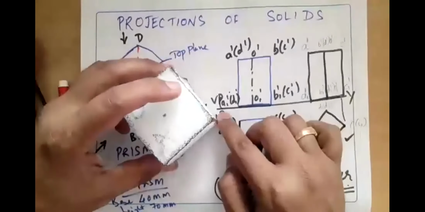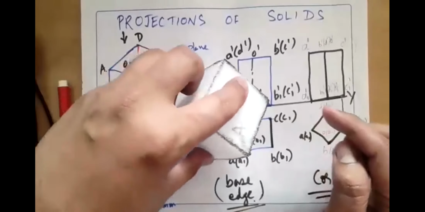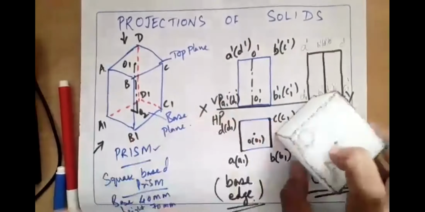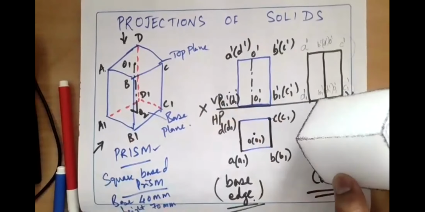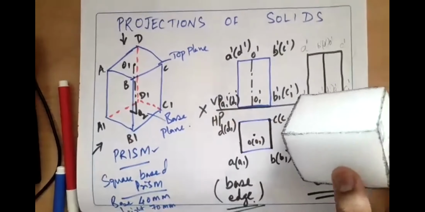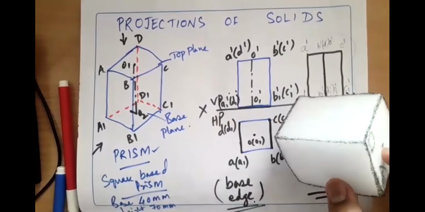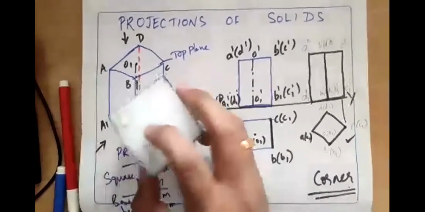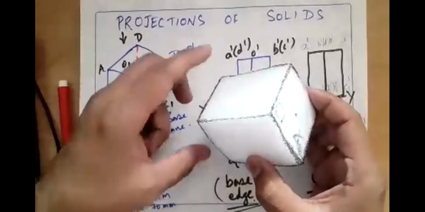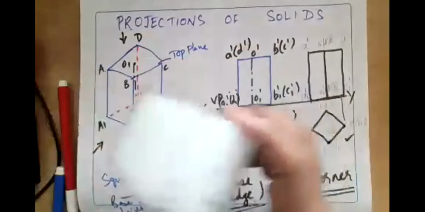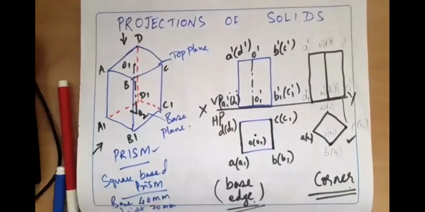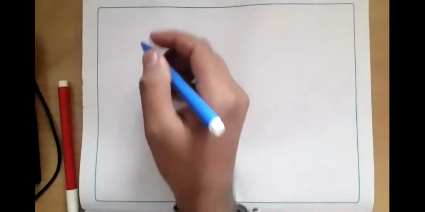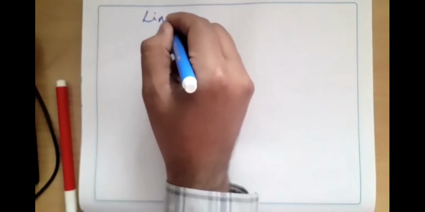Similarly, if it is resting on a corner, this prism, you have to keep this condition, the corner condition, so that you are tilting this towards your right, like this, making it rest on HP on a corner, and then seeing how it looks in the front view and in the top view. Like this, if you see this from the top, as you are seeing the dark lines, these dark lines and thin lines can be drawn.